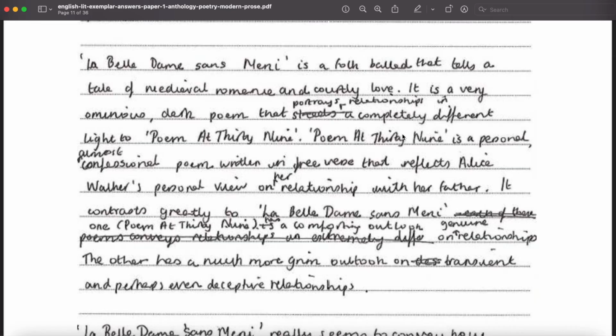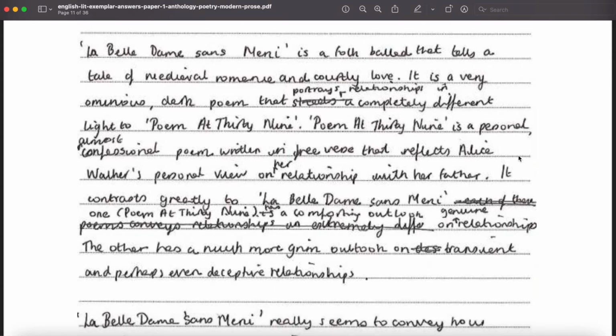All right. And then what was the other point? You have to decide on a central argument. What is the argument she's making here? She's making the argument that both poems reflect the theme of relationships in a different way. She's not going for too much similarities. She might mention similarities later, but she is only focusing right now on how they're very different in terms of